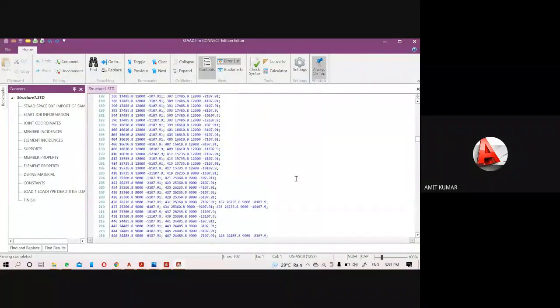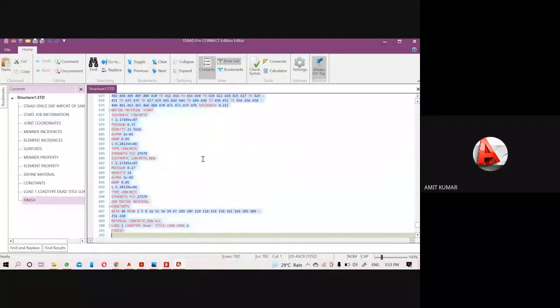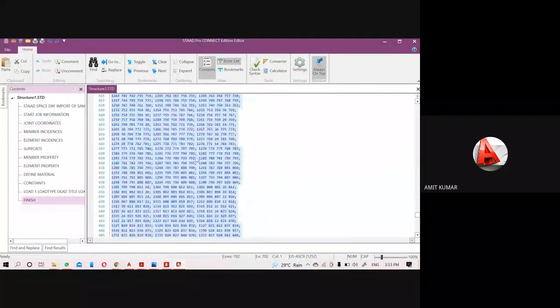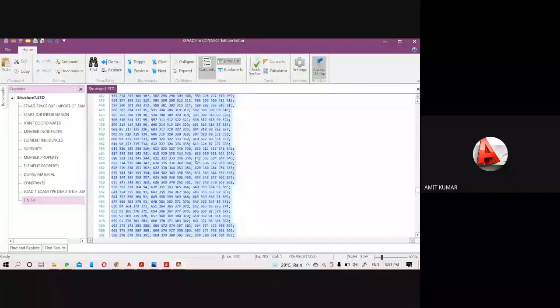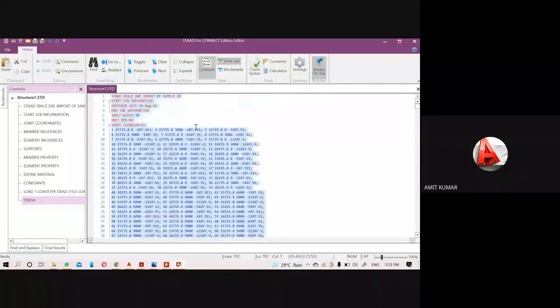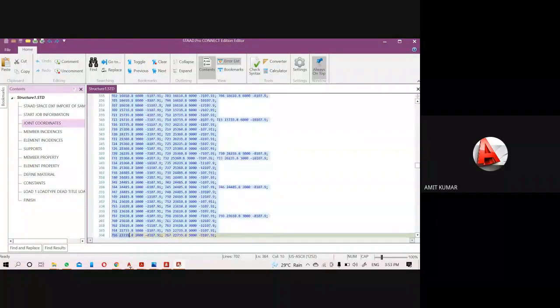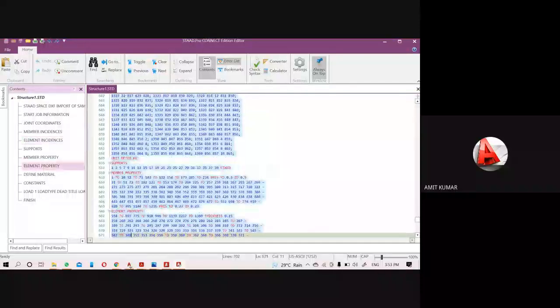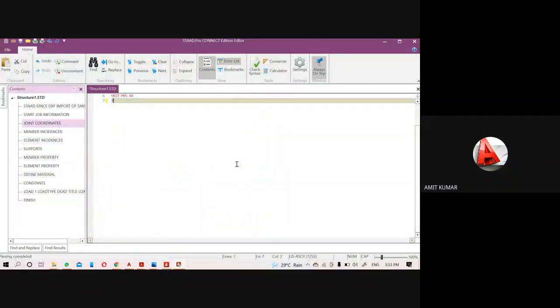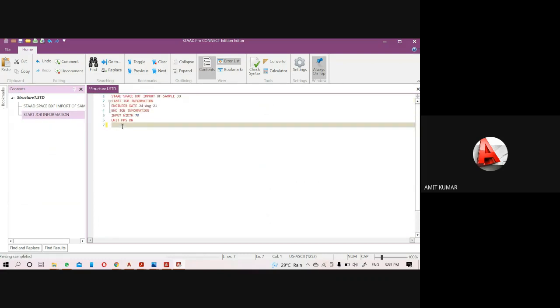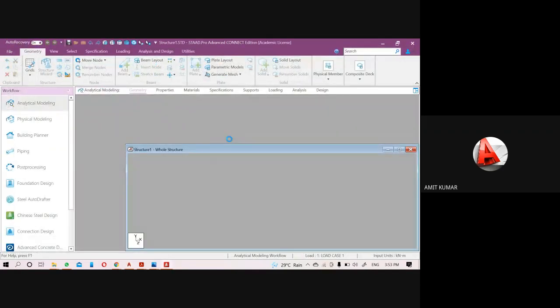Or we can select Control A, from the joint command here, and just delete the complete structure from the command file also. Now press Control S.